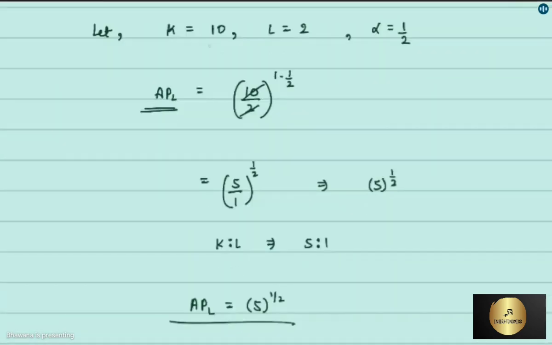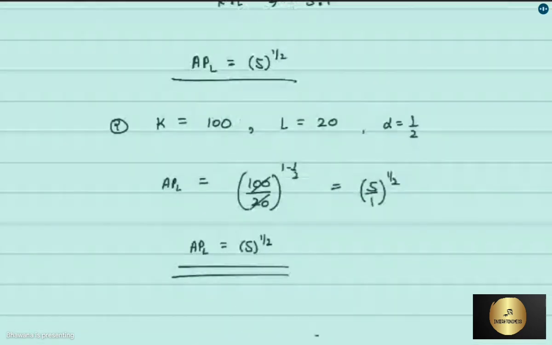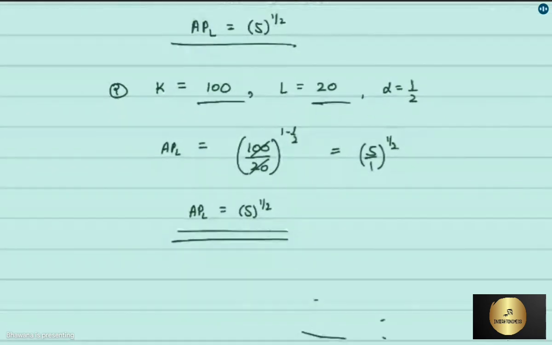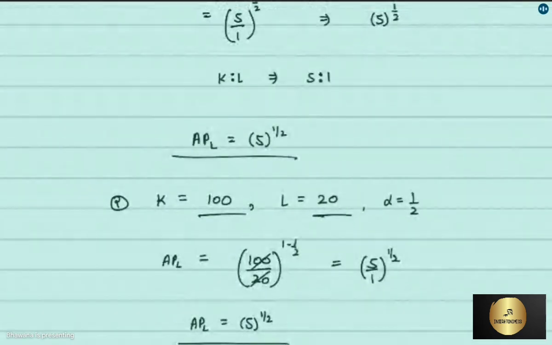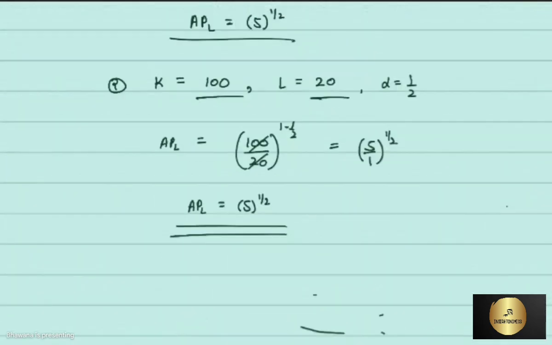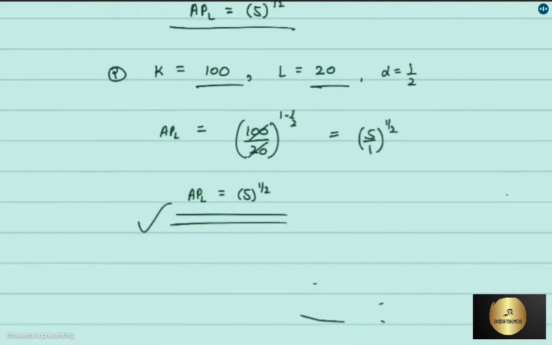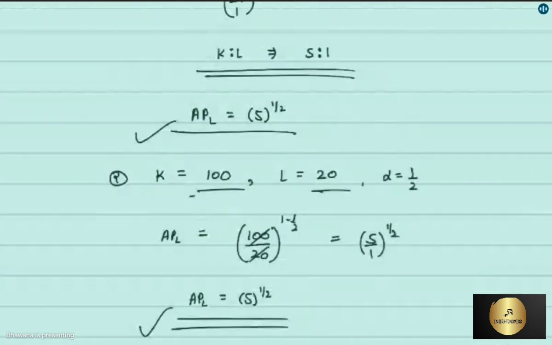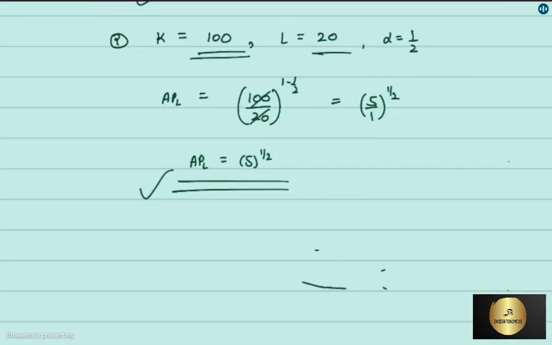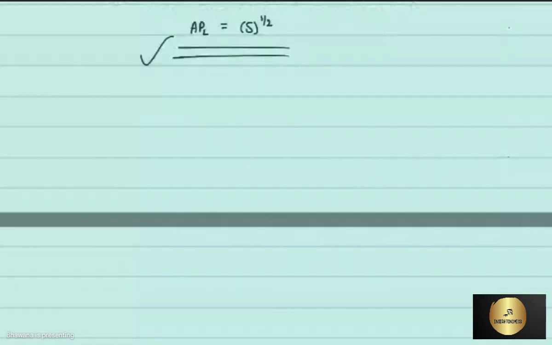We solved and saw that the absolute values were 10 and 2, and we increased them to 100 and 20, but their ratio was the same. The ratio was 5:1, which we kept the same. So you will get the same value even when your absolute value changed. So the ultimate conclusion is that APL does not depend upon the absolute values of labor and capital, but depends on the capital labor ratio. Okay, now we will solve for MPL.